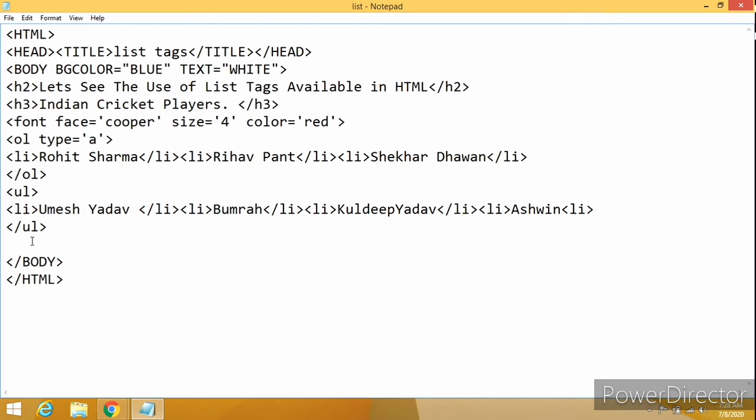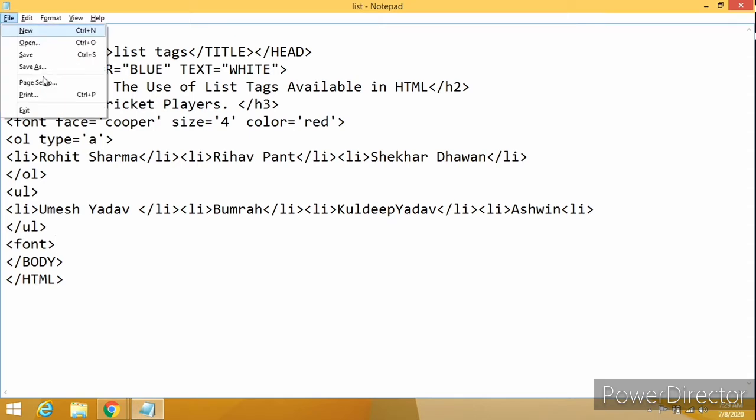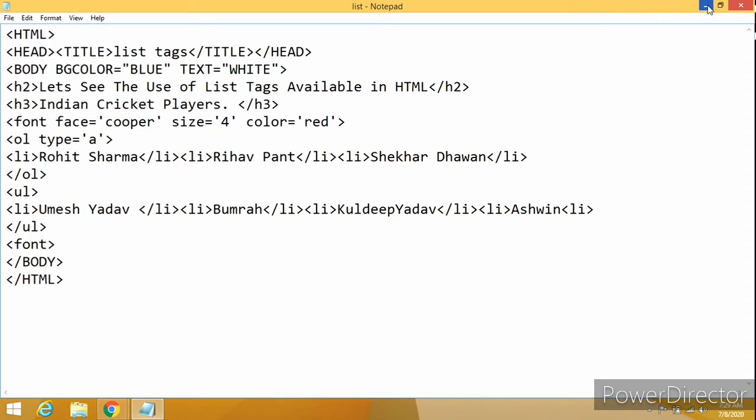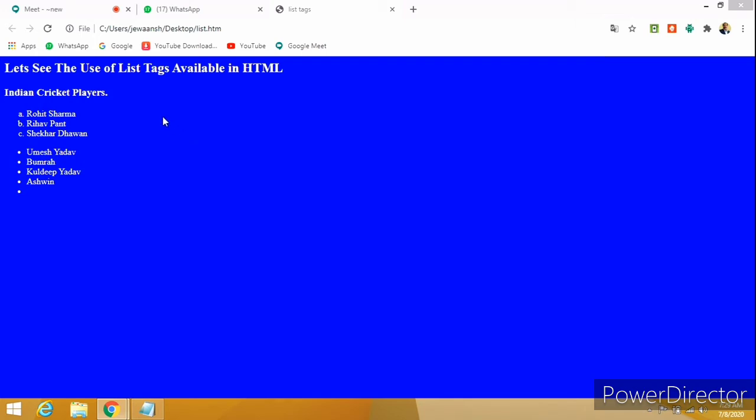So where I am closing the tag, there I'll be using the closing of the font tag. So I will close the font tag over here. Let us refresh so that we can see the output.